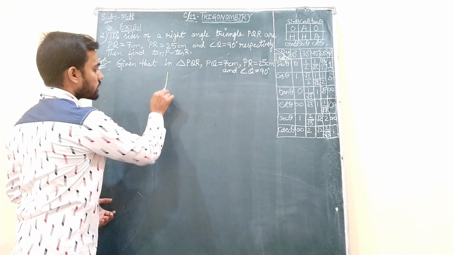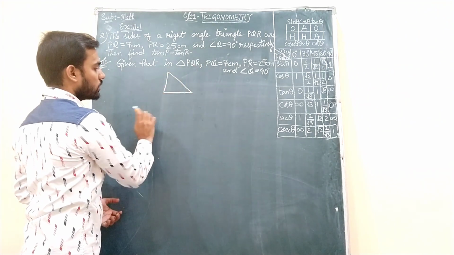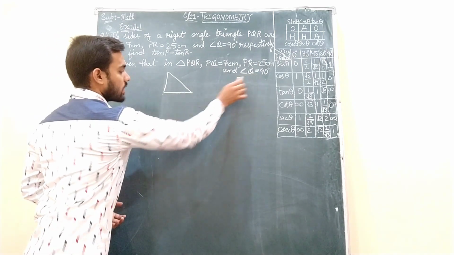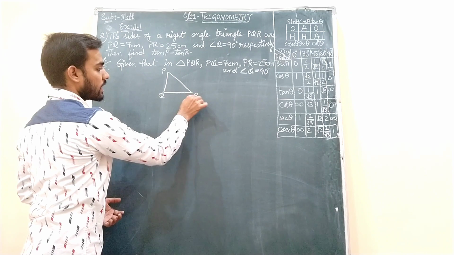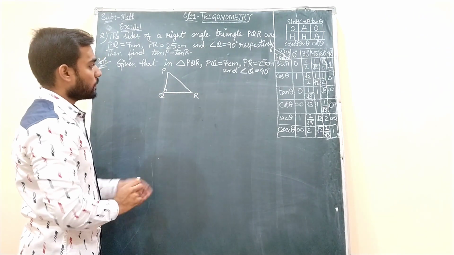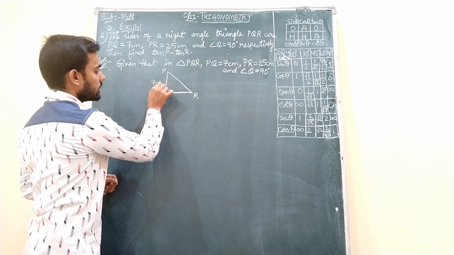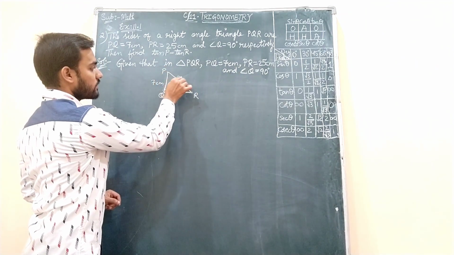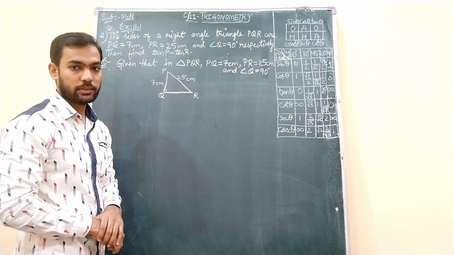Now I will draw a small triangle wherein I should take the 90 degree at which vertex. Angle Q is 90 degrees. So this is Q, this I take as P and this I take as R. This is 90 degree as given in the question. Now PQ is 7 centimeter, which means this side is 7 centimeter, and then PR is 25 centimeter. This is 25 centimeter. Okay. Hypotenuse side is 25 centimeter.